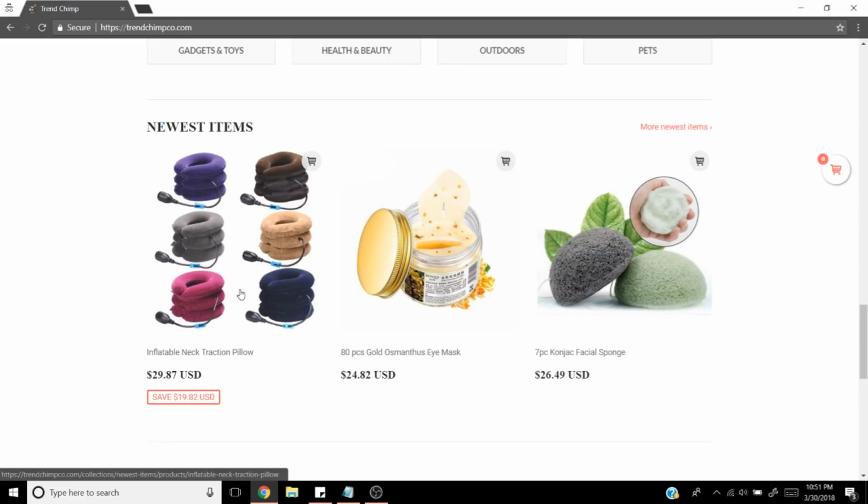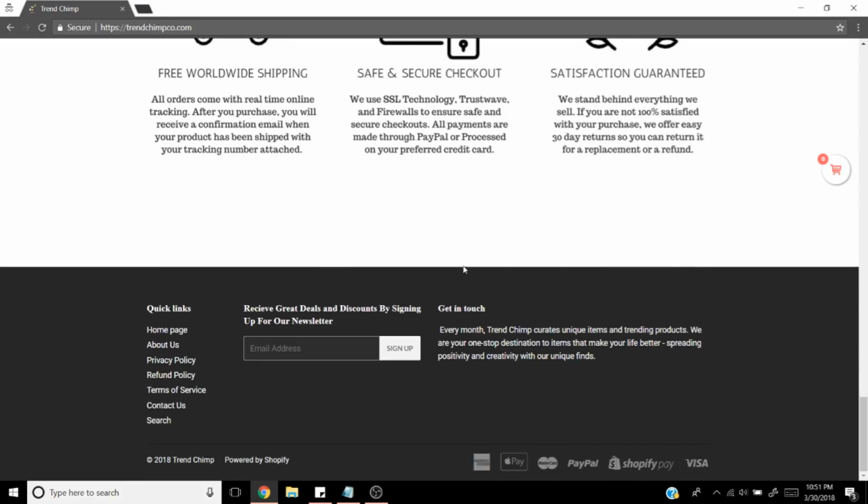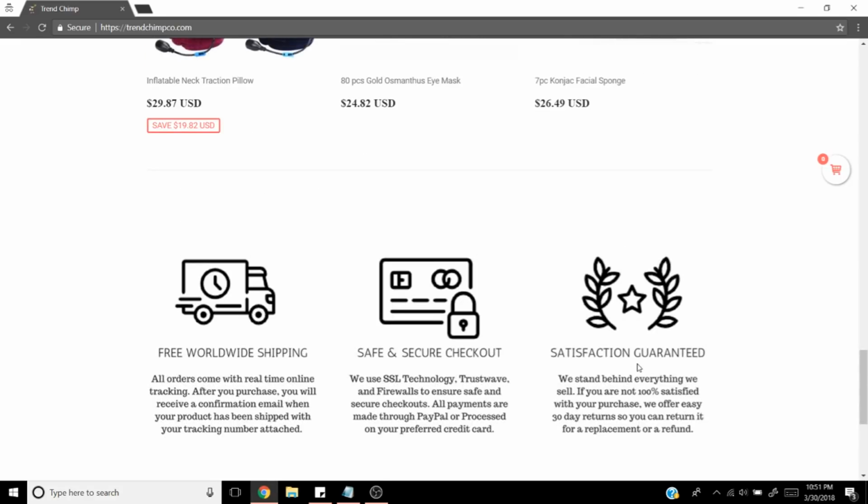Newest items, you can definitely have that down there. This is fine to have. The pictures are kind of blurry and gross, but this isn't bad to have all the way at the bottom. And then you've got all the important pages you need, and this doesn't look bad. So the homepage isn't terrible, but I really would recommend getting that slideshow going. People just really like that.